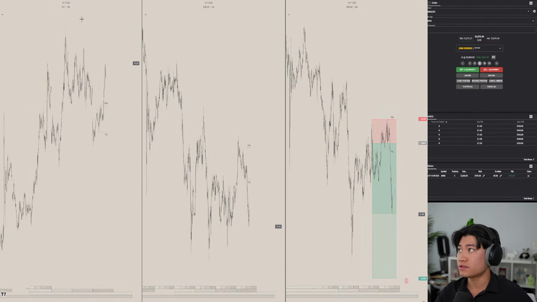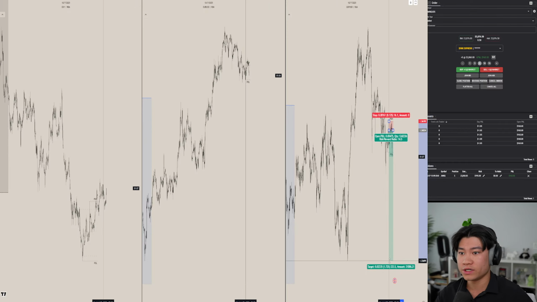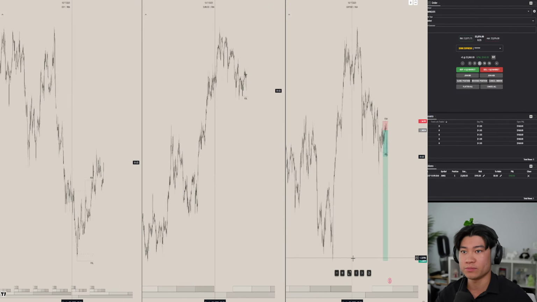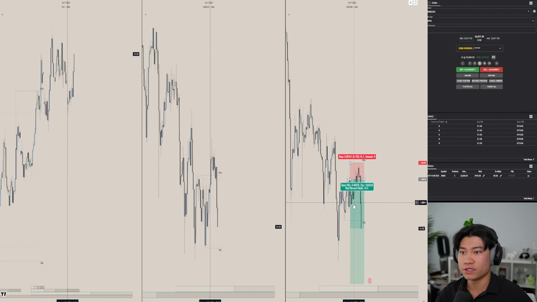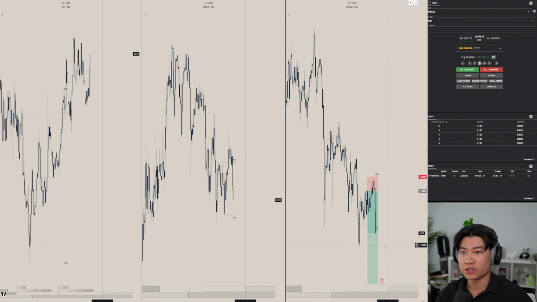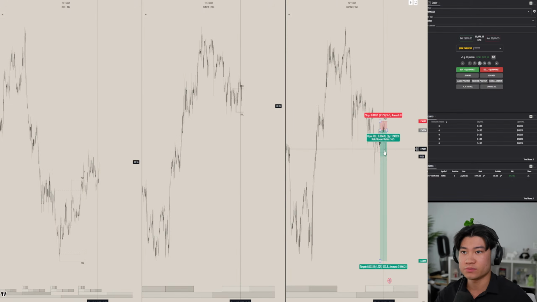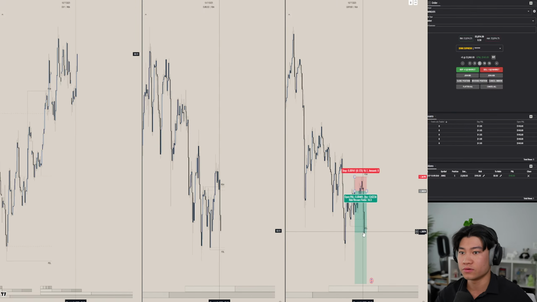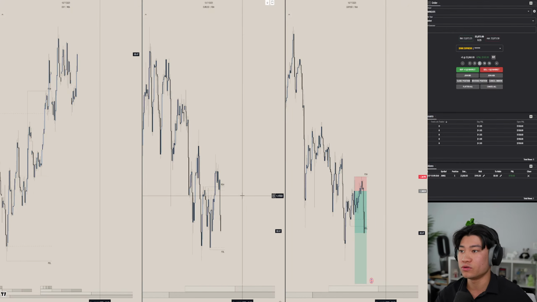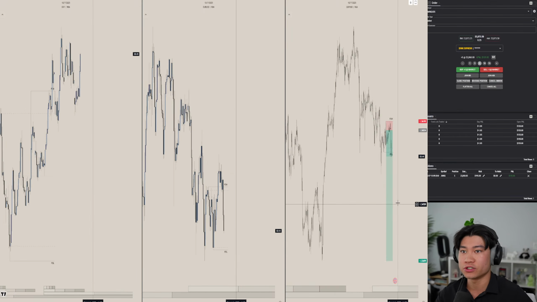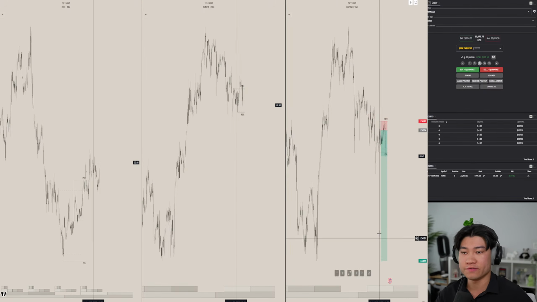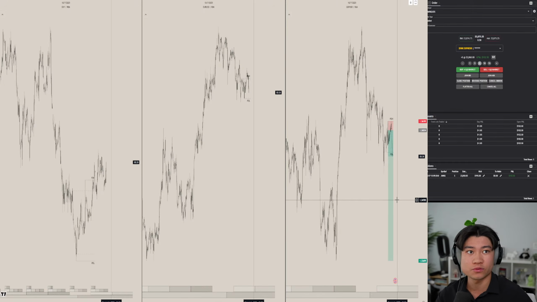So as of right now, I'm kind of holding this. I want to see if we can ultimately aim for this daily range low here. I might turn this into a swing position. Originally, yesterday, I wanted to just look for London low. But going to today, given that we have a previous day high SMT, if all three markets can close below previous day low, so GU, EU closing below previous day low, DXY closing above previous day high would be ideal to look for a continuation. And if that's the case, then I'm probably going to start looking at turning this into a swing position.